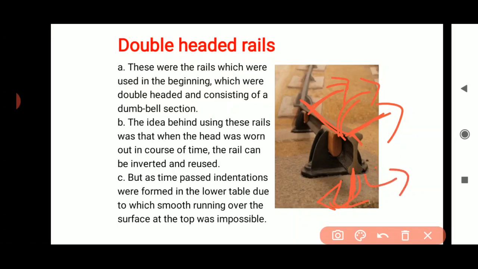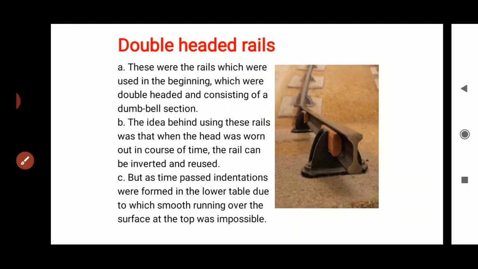Okay, so this is the reason or idea behind using these rails, so that when the head wears out, we will invert the rail and we can use the foot as the head. Okay, we can use the foot as the head, but